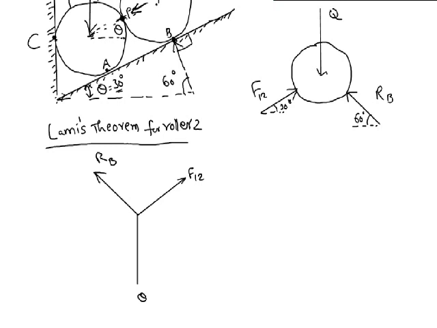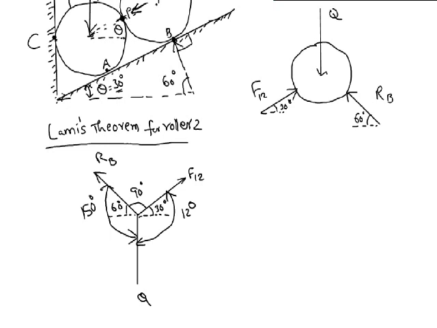and this is Q. Okay, we know this angle is 30 degrees and this angle is 60 degrees, and thus this angle is 90 degrees. Okay, and this whole included angle between F12 and Q is 120 degrees. This angle between RB and Q is 150 degrees,